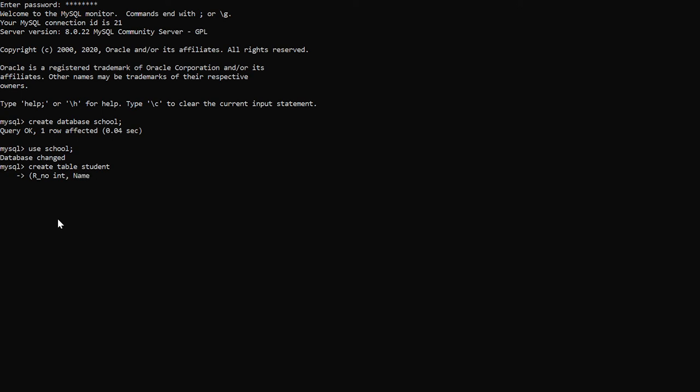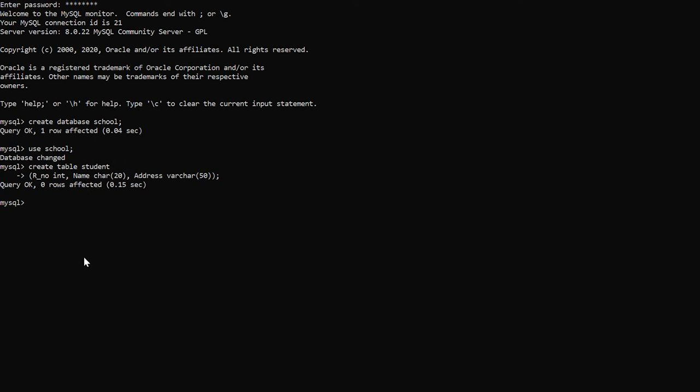Now we are taking name as a field. Name is containing character data type. We have to specify the number of characters we are going to take. If we do not specify any number, this character field will contain a single character by default. So we are taking 20 inside it, and address. Address is containing varchar, variable character, because address is containing some alphanumerical values. So inside address we are taking 50. Now the table of student is created.